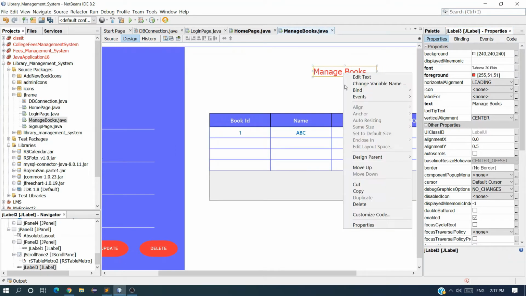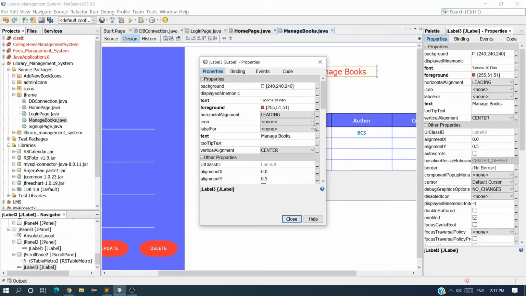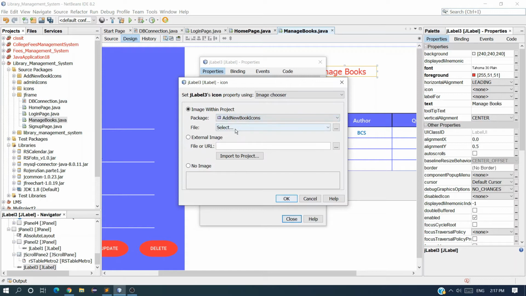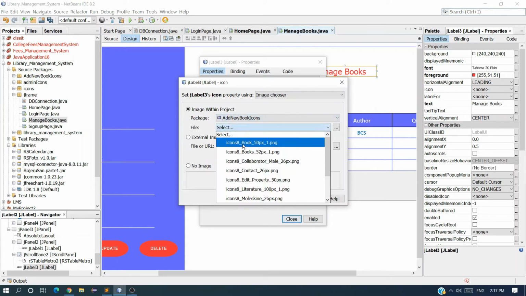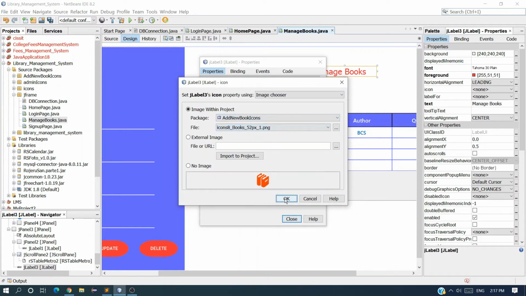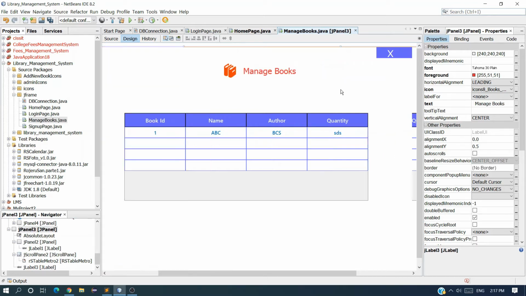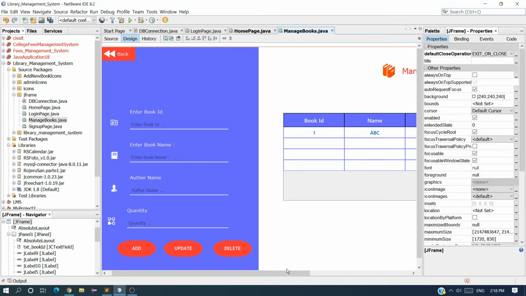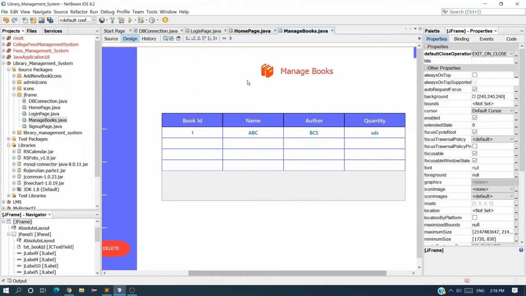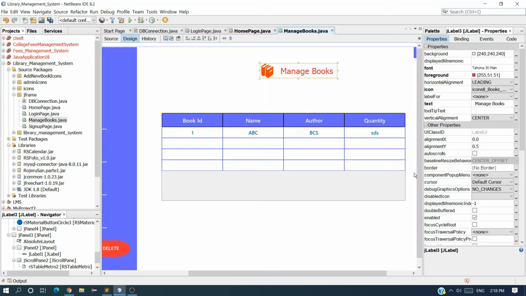Now I also want an icon on this label, so go to icons, add menu, and from here select this one. We got an icon, just make a space between them. And I want an underline, so just create a panel.